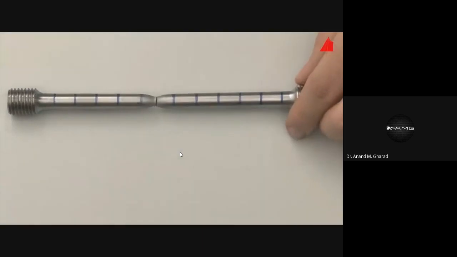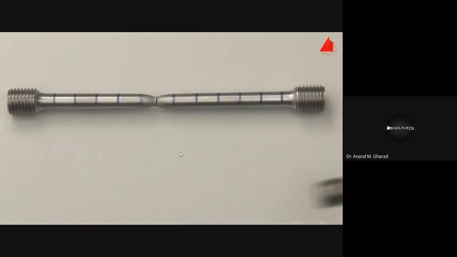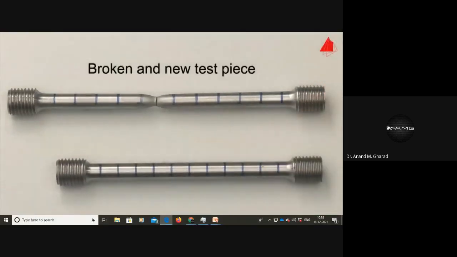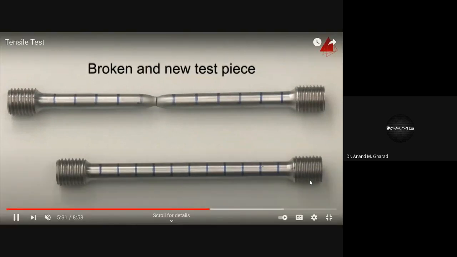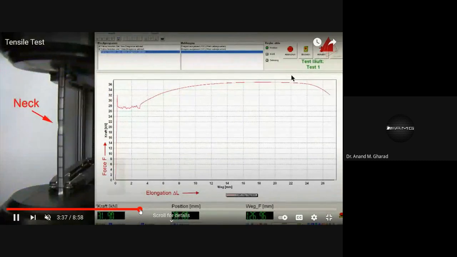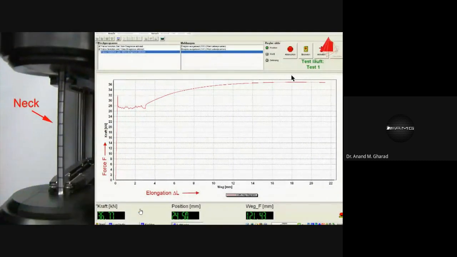Now you can observe over here. This is the broken specimen, and this is the original specimen. What do you observe? The length of this original specimen at this stage has increased, and we have explored the capacity of that specimen till it breaks. Right? If I go back and see this portion,